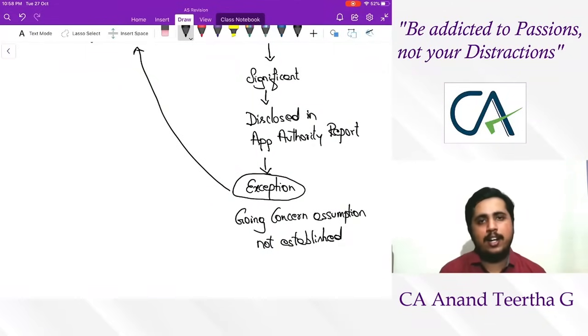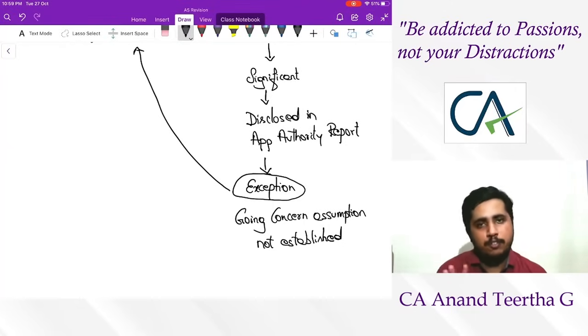Example, fire occurred in factory premises of a company and it's a huge fire which has made going concern assumption go wrong. This happened on 1st of May, which is in the next year. Appropriate authority approval is yet to happen. 1st of May this took place. At that time, even though it is taking place after the year, but still it is an adjusting event because going concern assumption is going wrong. So as on 31st of March, you should bring this in the financial statement.